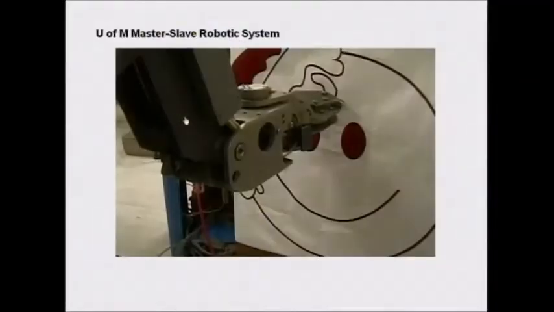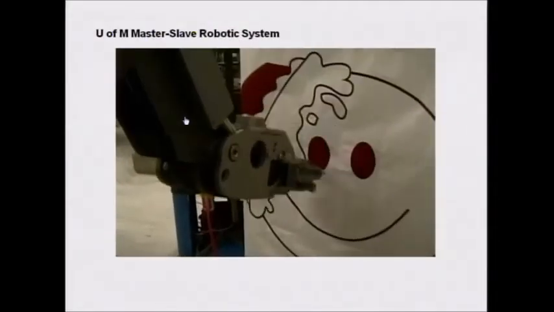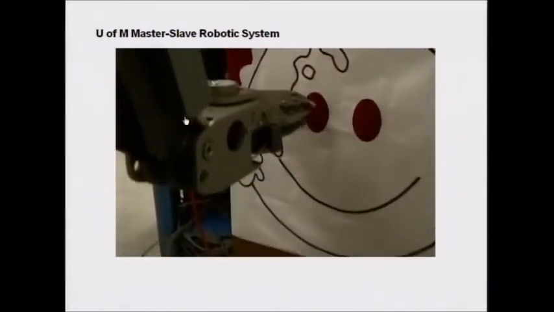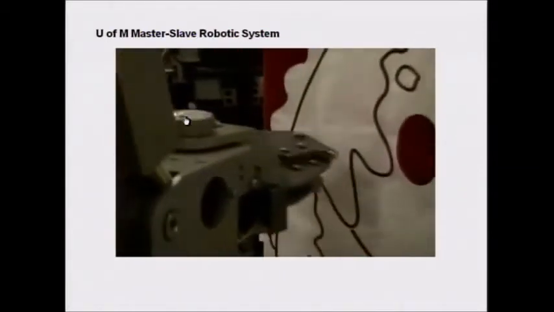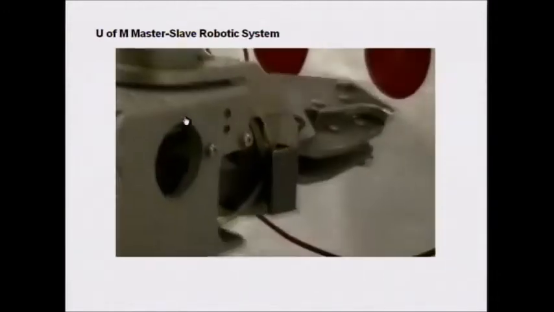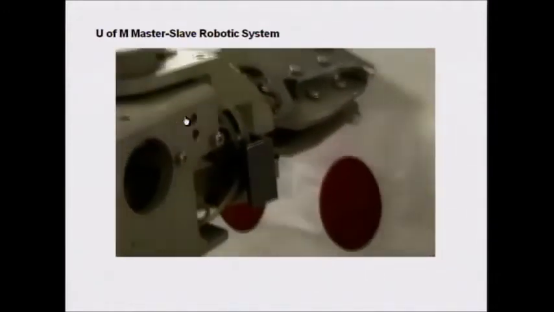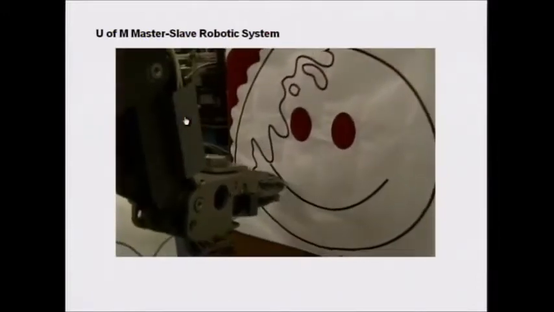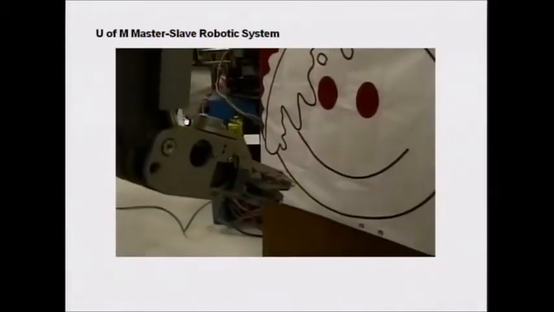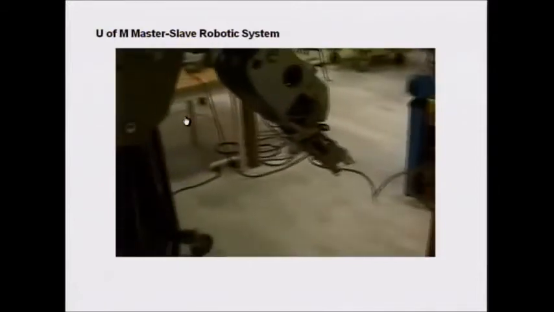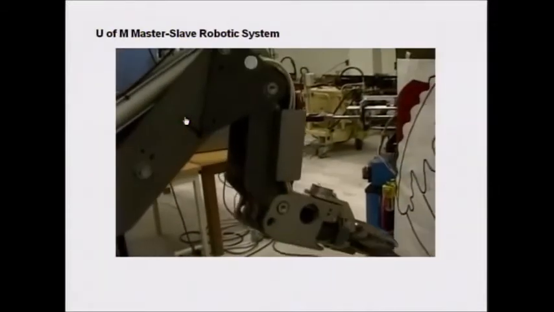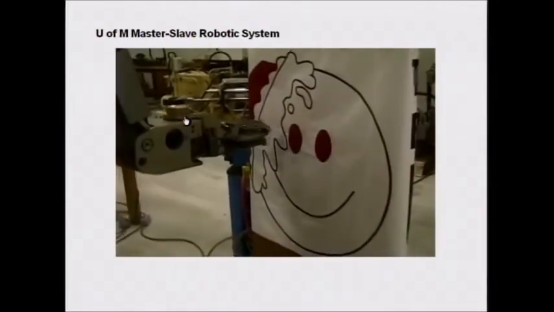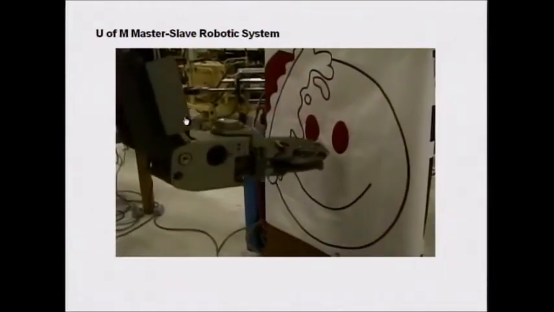Good. So now we know that robots and humans can work together in order to perform certain tasks. Here we made the task a little bit more difficult. We asked this robot actually to do the inspection without hurting anybody. So we put this picture here, and we tried actually the robot to go as close as possible to this person or this figure without actually penetrating into that face.